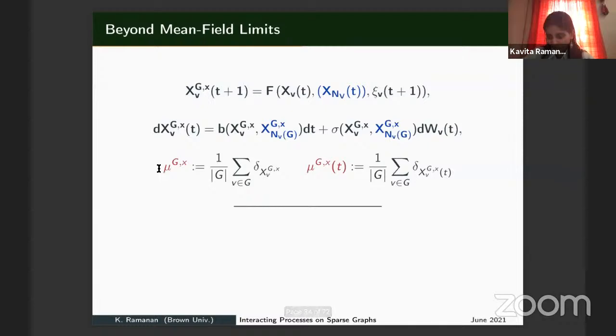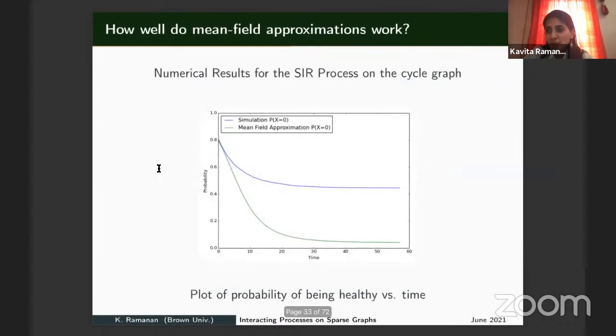So that's the motivation. Can we go beyond? I wanted to show you that the existing approximations are not so good. Would anyone say, okay, you would expect it to be bad in the cycle graph? Might you do something else, given whatever you know? Anyone want to conjecture? Why is it bad on the cycle graph?